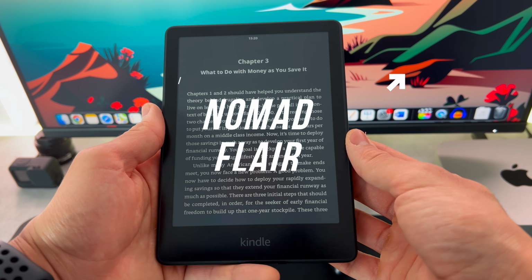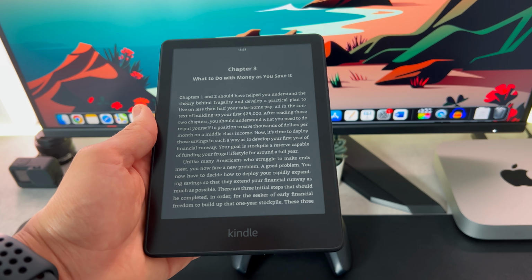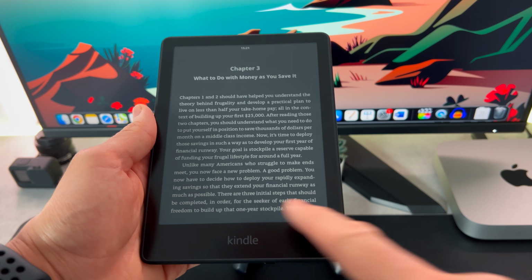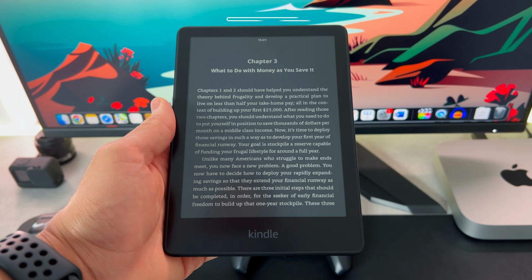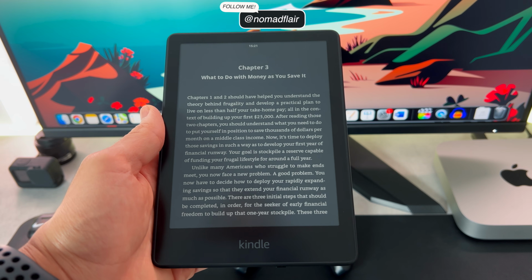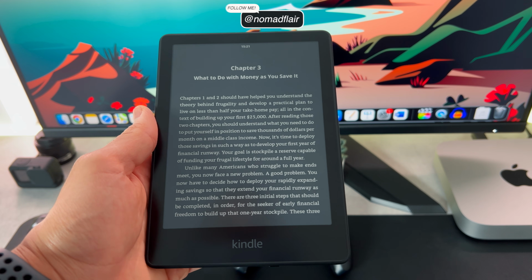Today will be a short quick tips video on the Kindle Paperwhite. I'll be showing you how to enable the page number to be visible whilst reading. By default, the page number is not visible and instead displays the time left in chapter, which I don't find